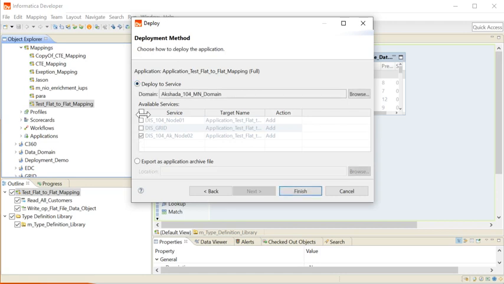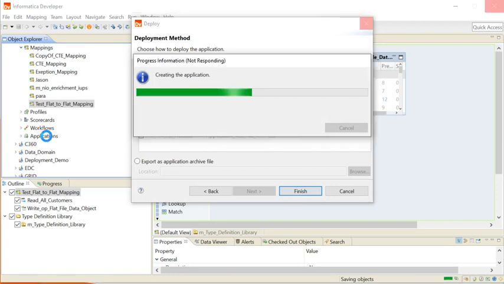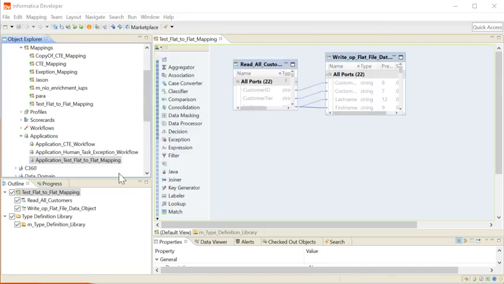Right now I'll be showing how to directly deploy this application to the application service, which is nothing but the DIS. I can either choose all DIS at a time or just one DIS where I wish to deploy the application. I'm going to click on Finish and this will start the application creation and deployment process. Once the deployment is complete, you will see the application present in this Applications tab, and you would also see applications in the DIS tab from the Administrator console. Now the application is ready and you can see it here in the Applications tab.